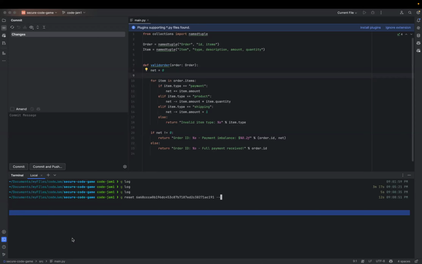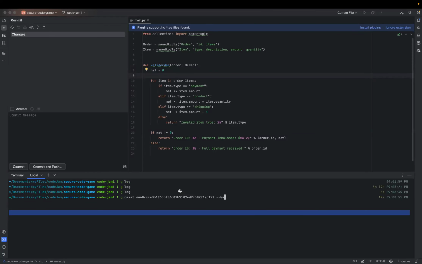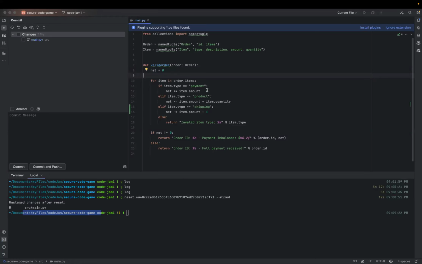Then if we want to do this permanently, you can add the flag hard. If you want to keep the things as staged, you can use soft. If you want to keep them as unstaged changes, you can use mixed. I will hit mixed, and then it will change to this point.